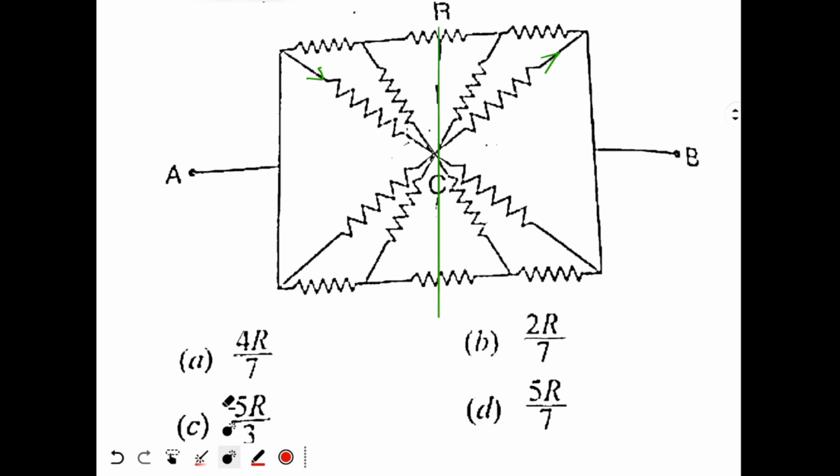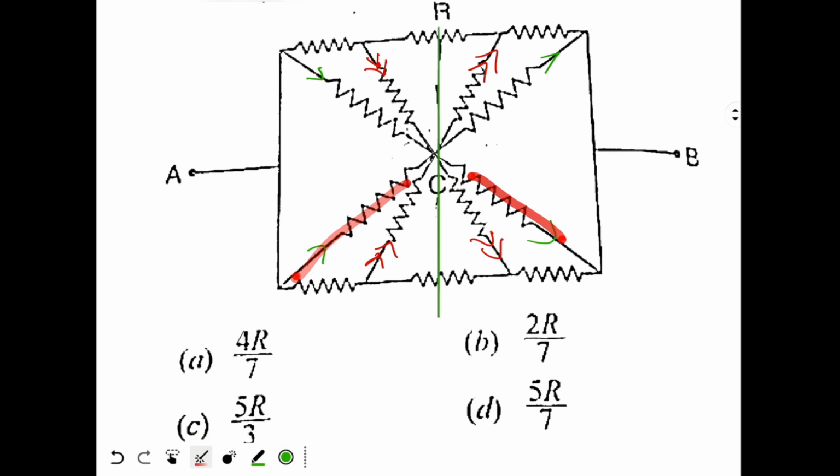Let me write with another color now. Then the second branch has some current and this other branch has the same current. All the current coming from this branch is directly going into this one. Similarly at the bottom, all the current coming through this branch is going over here, and all the current over here will go in this branch.